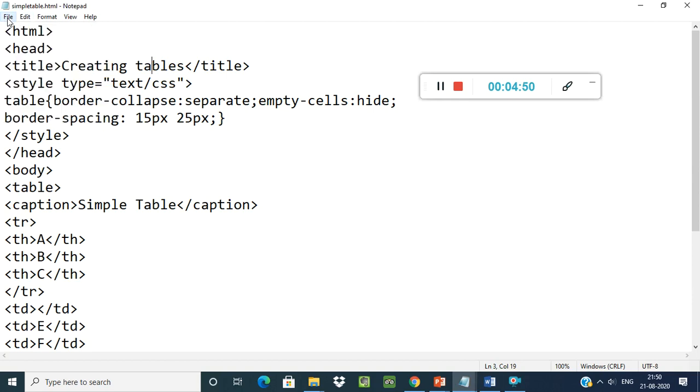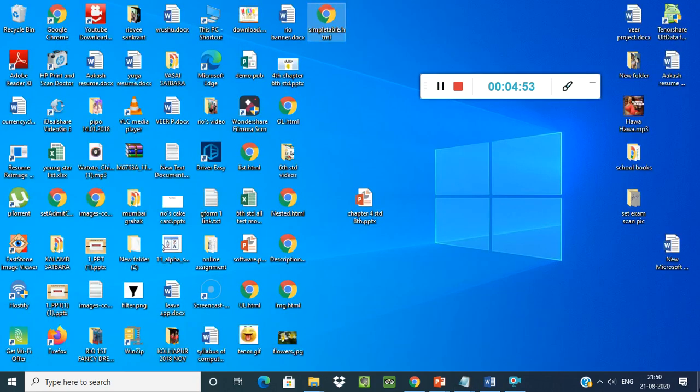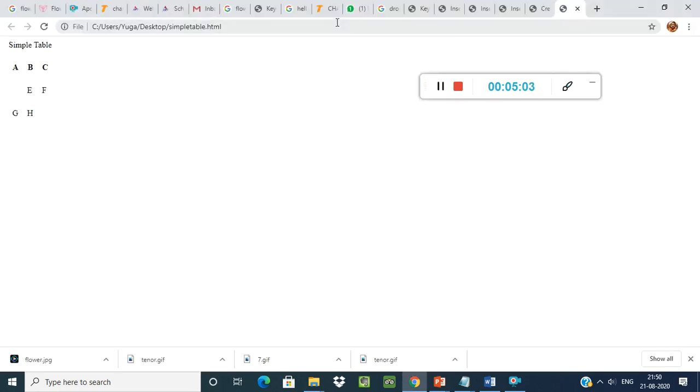After saving, go to your desktop. See, my file is on the desktop, simple table.html. If you open this file, see, this is the output.